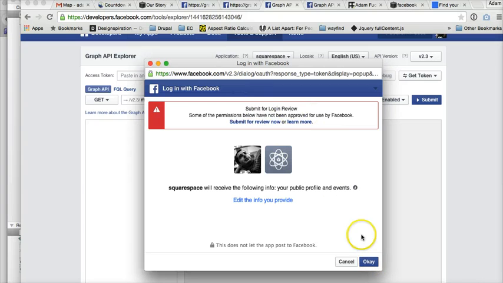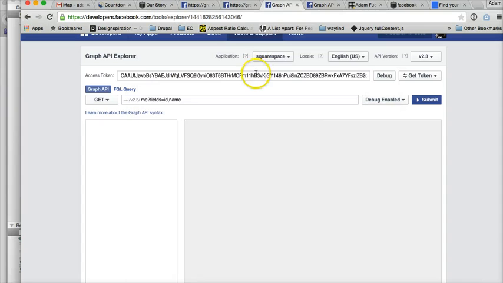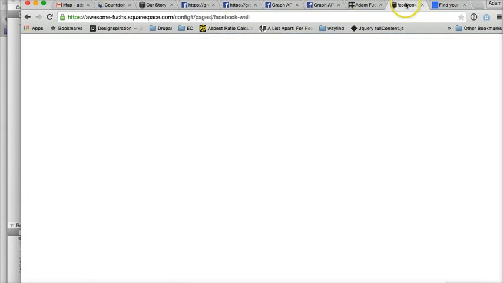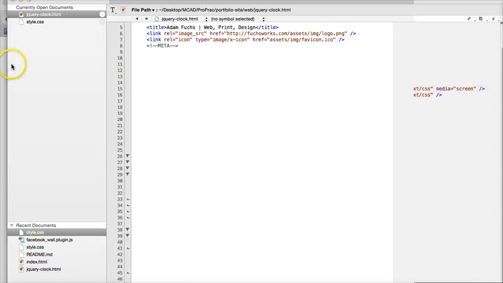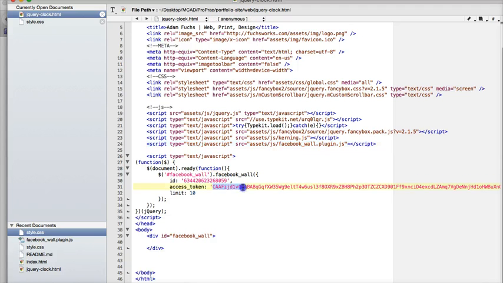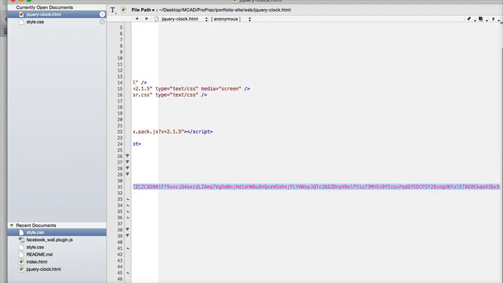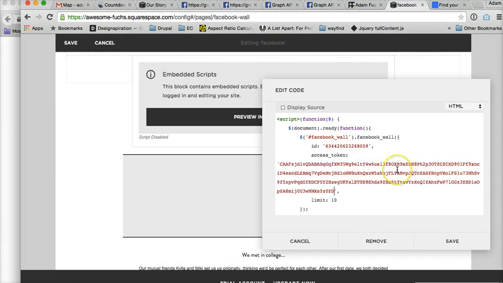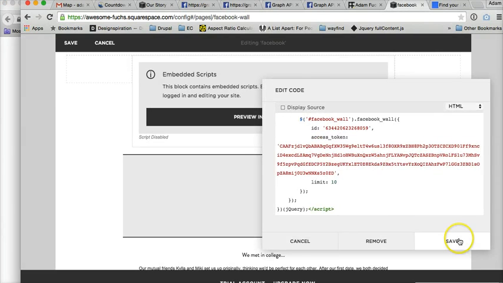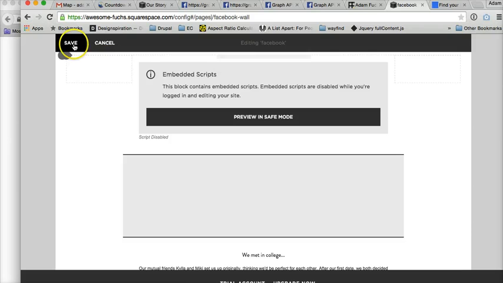You don't want to submit for review or anything like that. We don't really care what they think. Hit OK. Hit OK, and up here is your access token. So just highlight it all, copy. That access token goes in right here. I've already done mine for this page. Oops. So that access token goes in right there. We hit save, save,